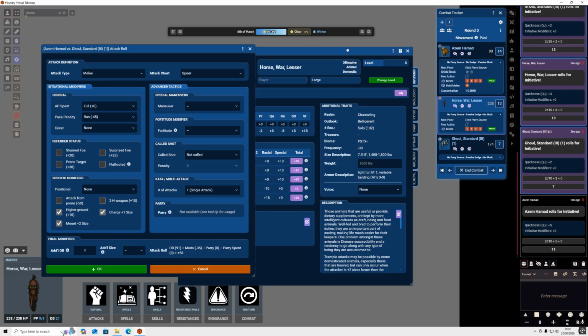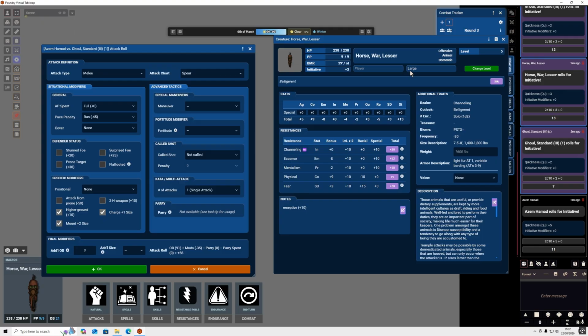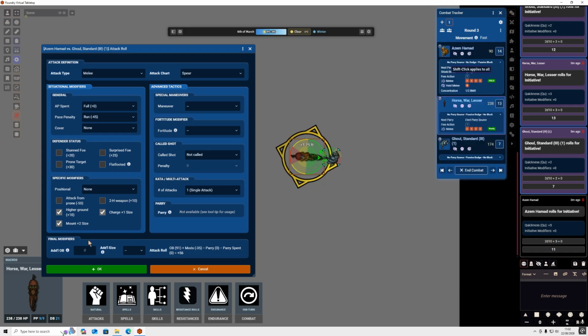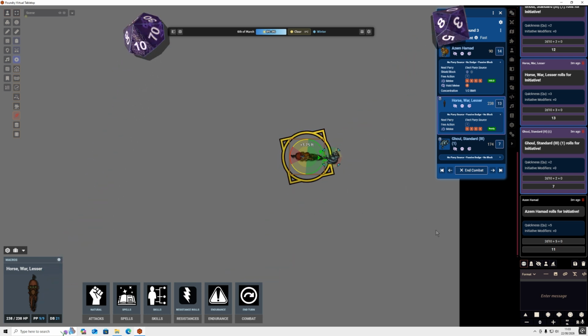So with the horse, because the horse is a large creature, which is 2 steps higher than a medium creature, so it goes medium, bigger than large, Azem will also get an additional +2 size bonus due to the size of the mount. So in total, he is charging, lowering his spear and attacking with a total of +3 size, 1 for the charge and 2 for the size of the mount. So then if we make that attack,